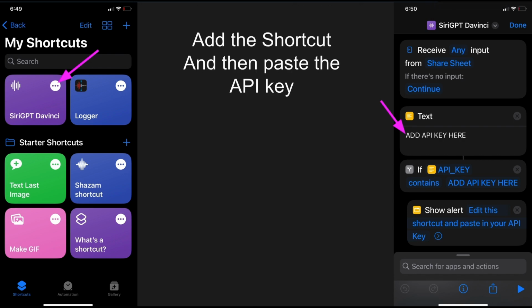This is how it will work. Sure, I understand.